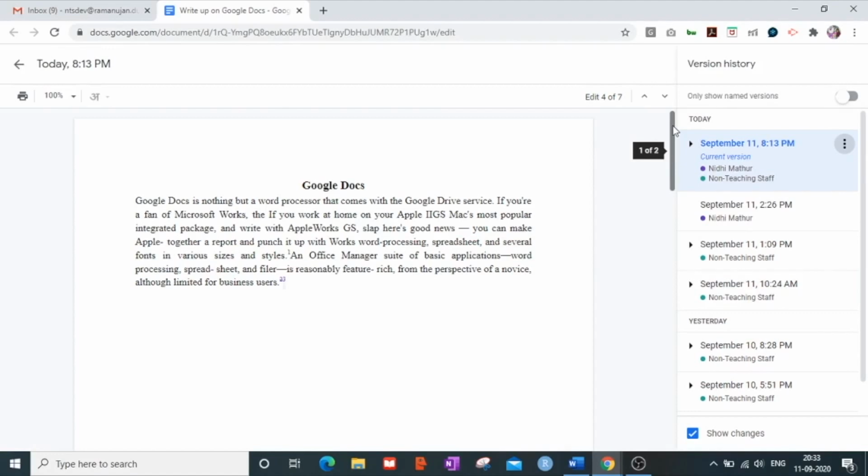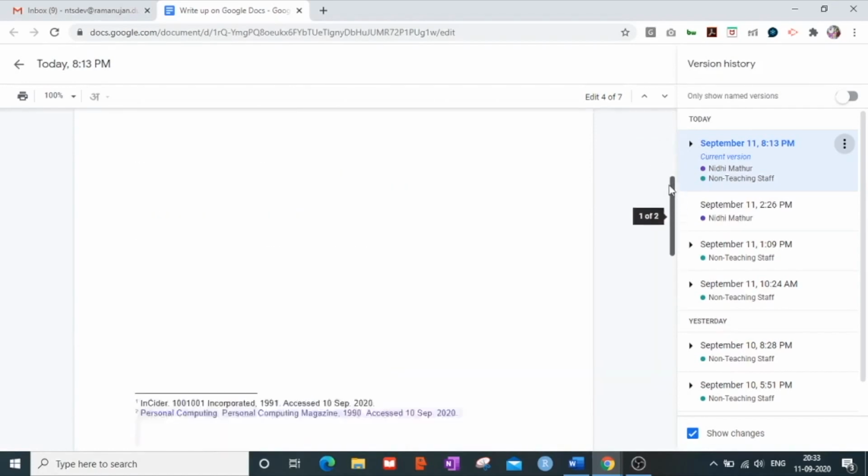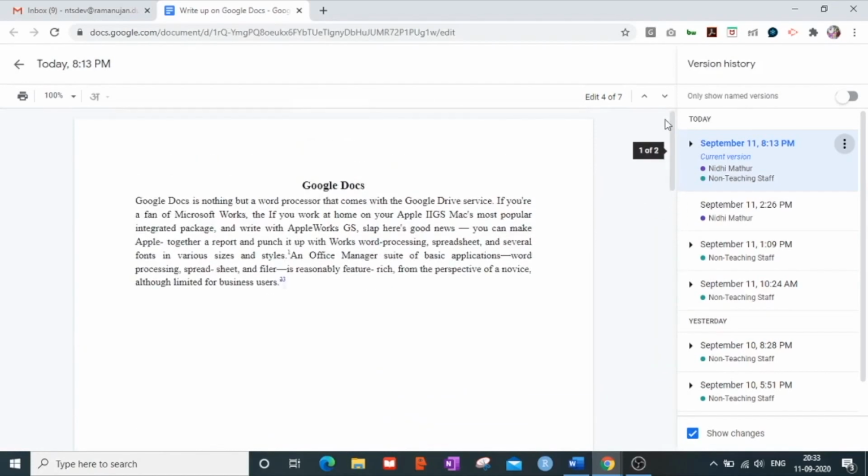Since you are sharing your documentation online with multiple users or collaborators, it becomes a necessity to understand what all changes have been made by multiple people so that you can know what all modifications have been done. This is why the concept of version history is so important and of so much use to online users or collaborators.